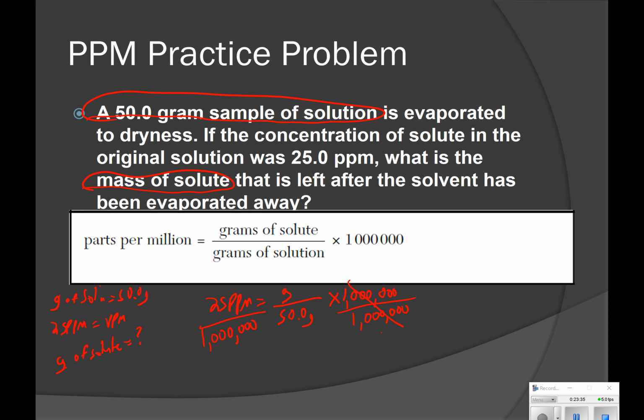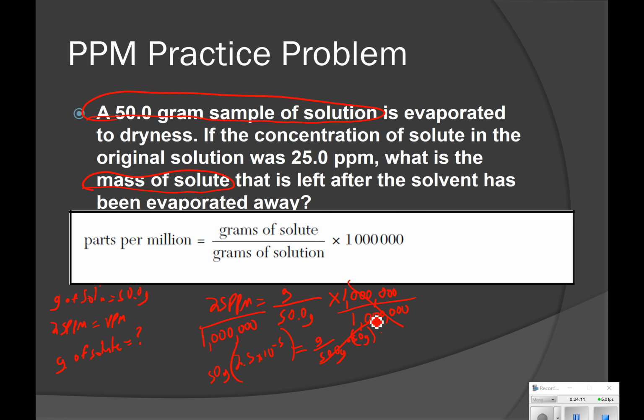And what we're left with, this gets significantly smaller, to the minus 5 equals grams of solute over our mass of solution. And then we're going to multiply our 50,